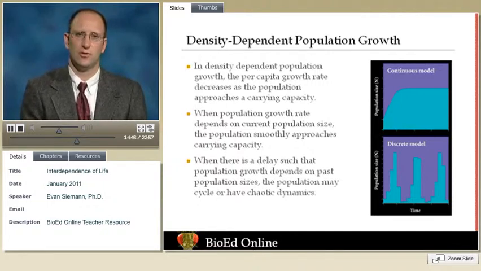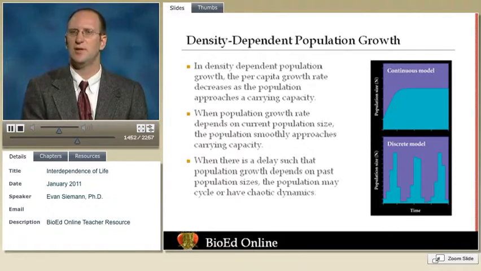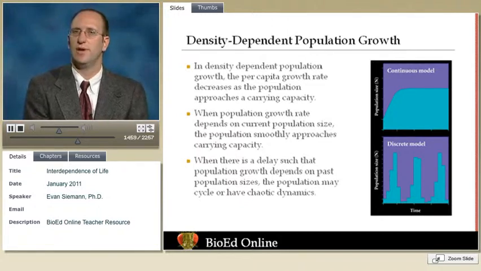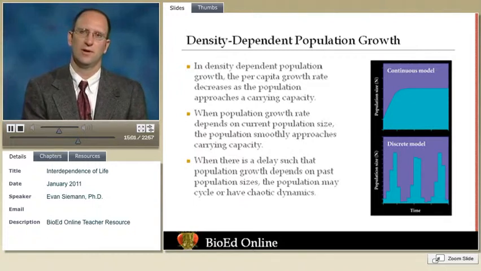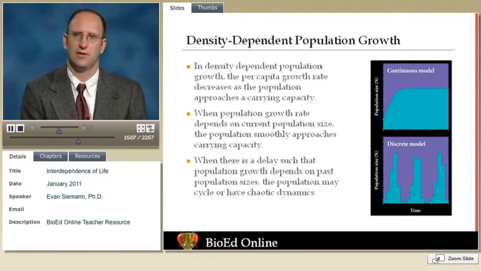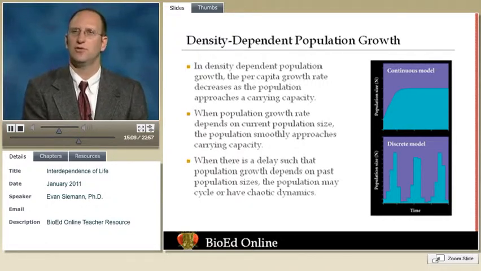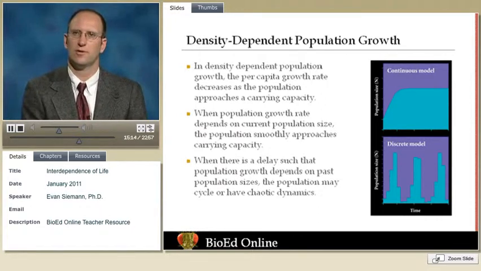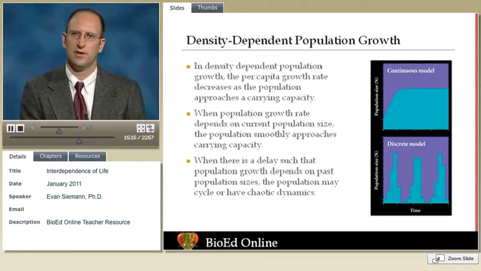If the population growth rate is 0, then the population will stay constant. In a density-independent model, the only time this would happen is if the population starts at carrying capacity. In that case, it will just remain at carrying capacity continuously for all time. The third possibility is a population that already is higher than carrying capacity. And in that case, it will decrease down to carrying capacity in a smooth curve where it approaches carrying capacity